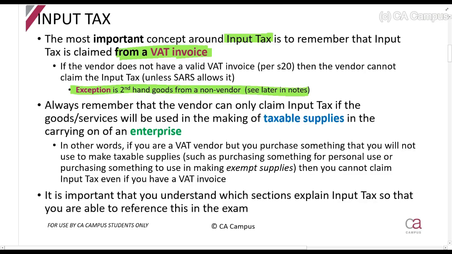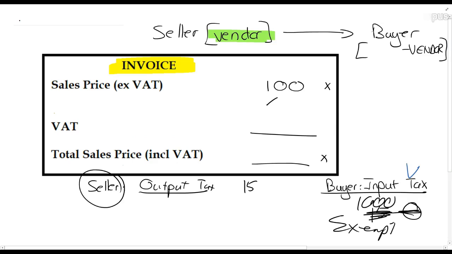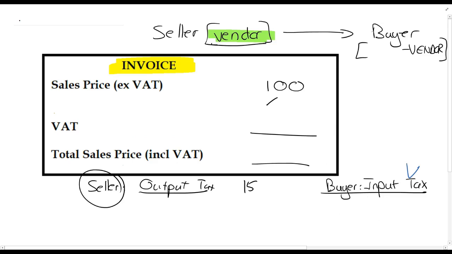Right, so you can only claim this if you are going to make taxable supplies yourself. So for example, let me just explain again what that means, make sure everybody's on board. Let's say the seller is a vendor and you're a vendor. He sells you something, charges you 15 rand VAT, so 115 rands. But you, when you are buying it, even though you are a vendor, if you're not going to use it